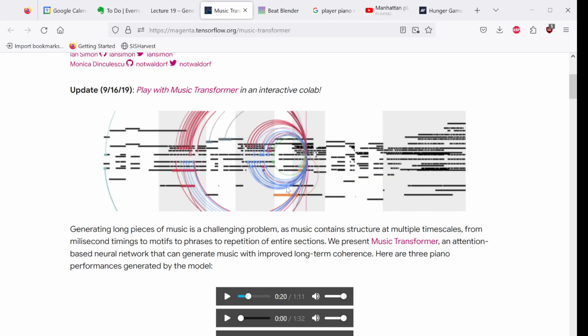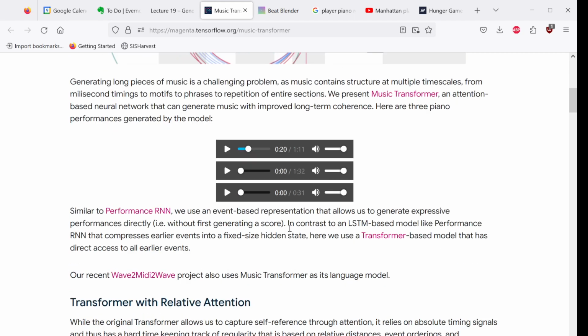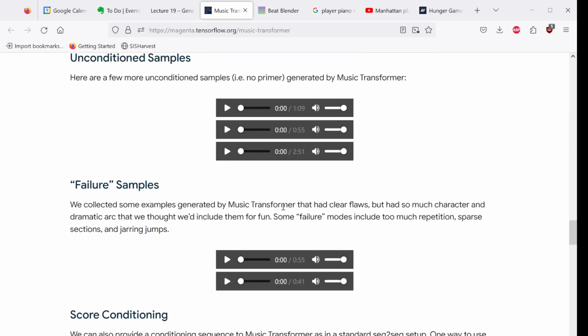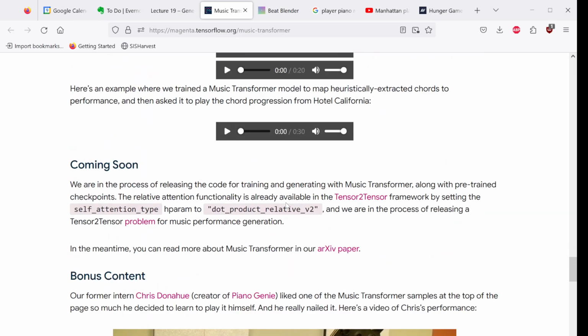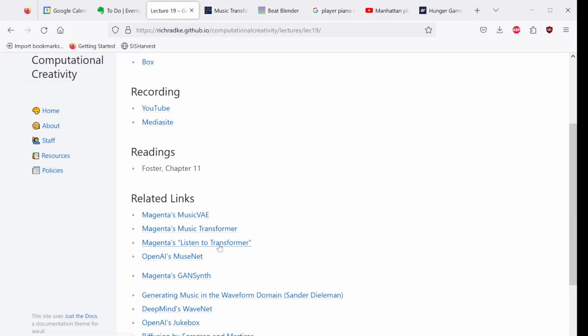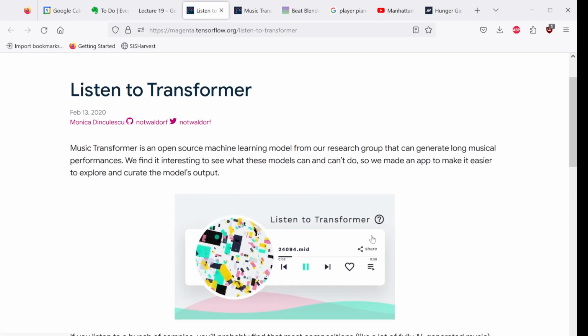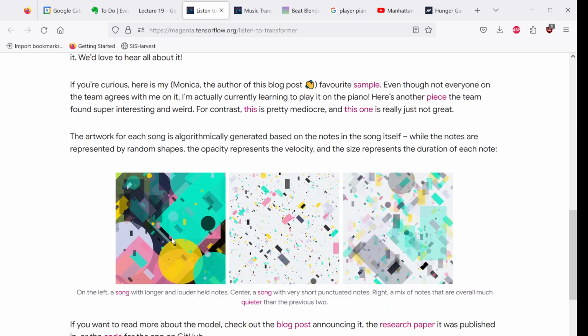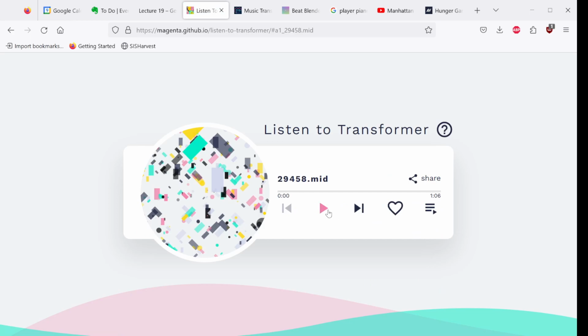And so you can see here that the music transformer is using a very similar approach to how it represents the music. And if you look a little bit further down the page, I guess maybe I linked to it here, this listen to transformer thing. So here you can browse through the kinds of things that this transformer has made, and these pictures are like AI generated versions of the music, like someone was talking about algorithmically generated cover art. This is similar to that, right? And so you can listen to automatically created